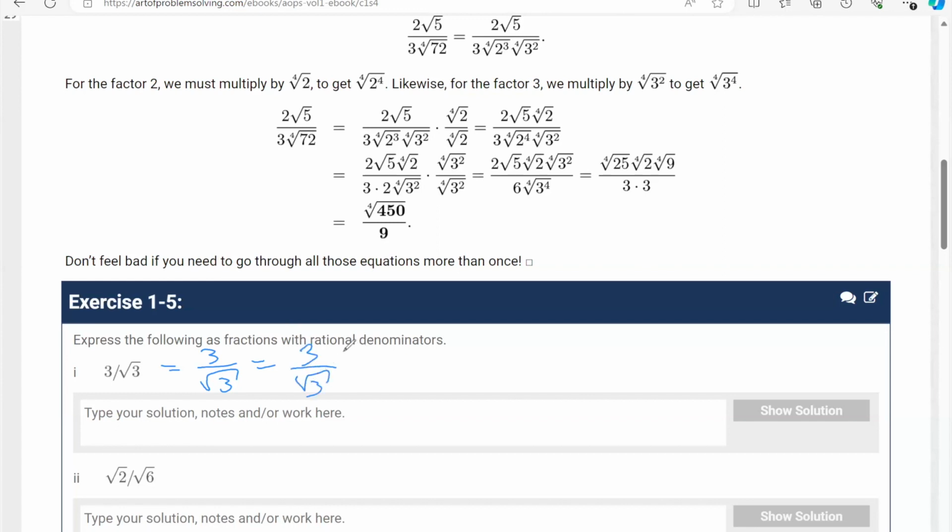Multiply by root 3 over root 3. Okay, root 3 over root 3. So lovely. We'll write root 3 over root 3. That will give you 3 root 3 over what? Over 3. So you can cancel the 3's, right? So your answer will be root 3 only. So you can see 3 over root 3 is